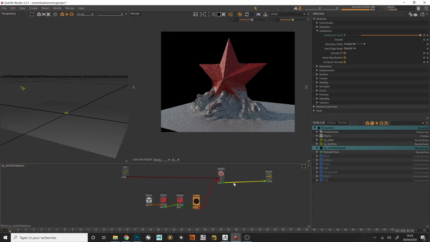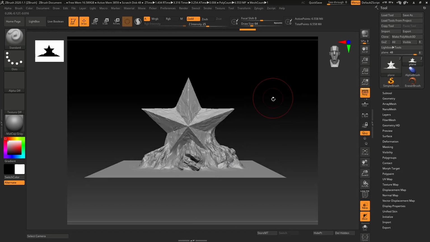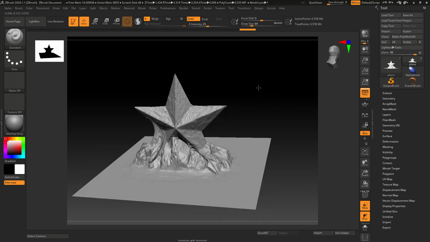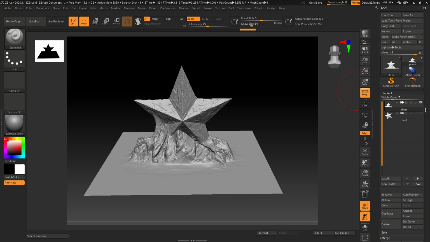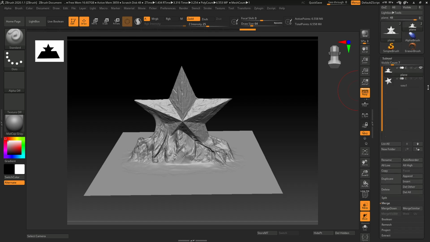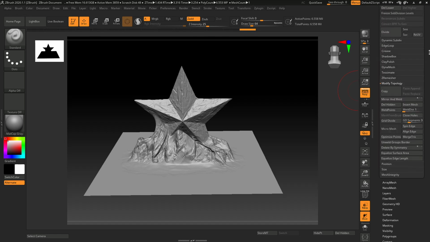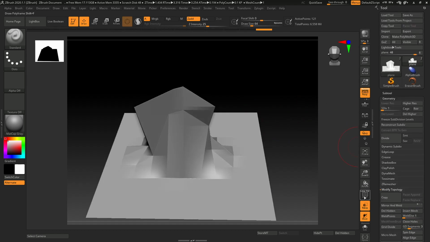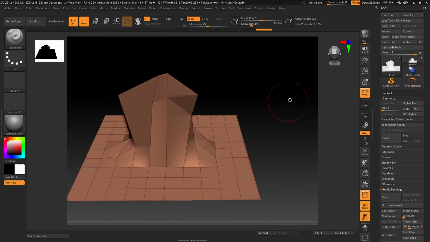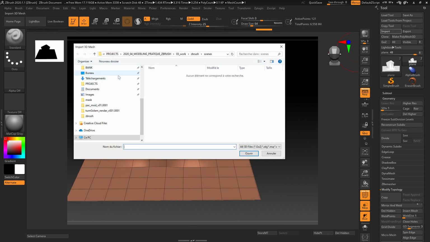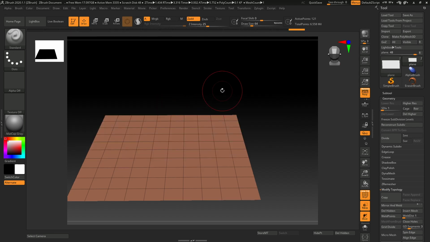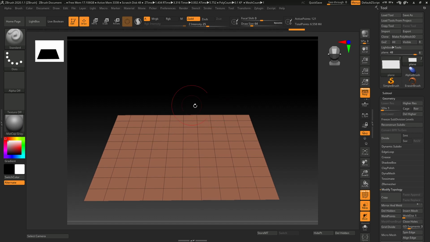So how do you do that? Let me take a look at the ZBrush scene I've used to do that. Actually, it's quite a nonsense because you never do that. But if I go down on this one, I actually started from a simple plane. I could have started from just one face, but I just added some subdivision on this one. But normally, if I just import back the geometry I started from, it is this one, and this is actually the geometry I've used to generate the displacement